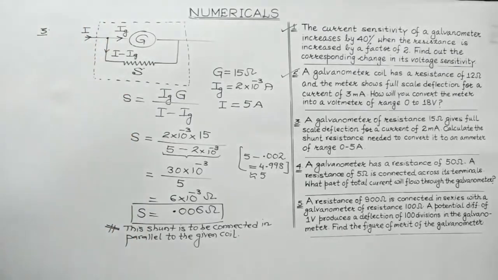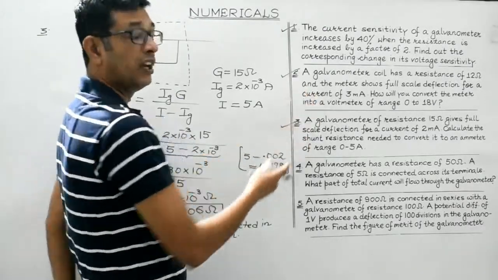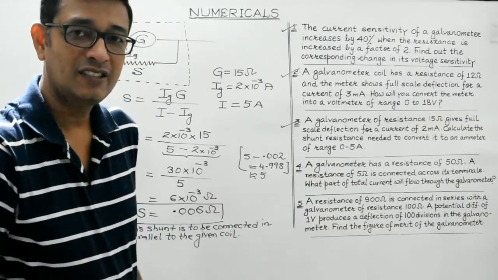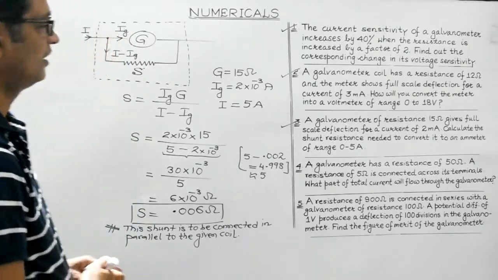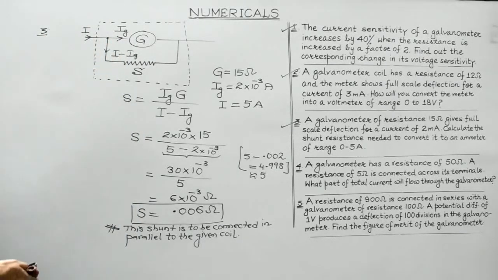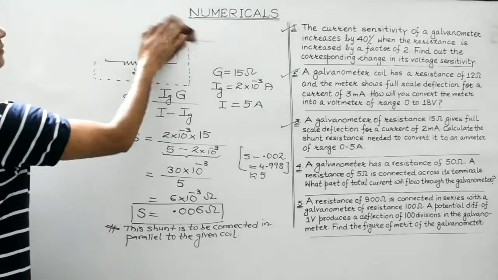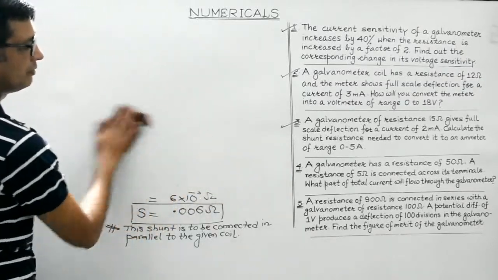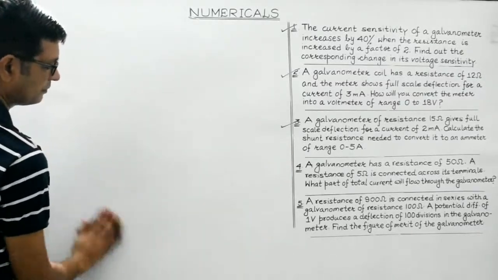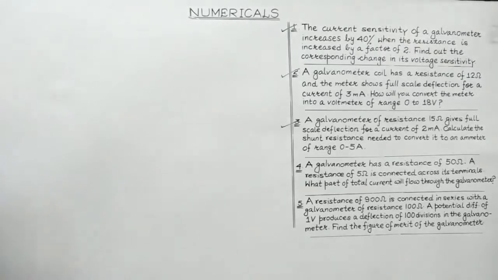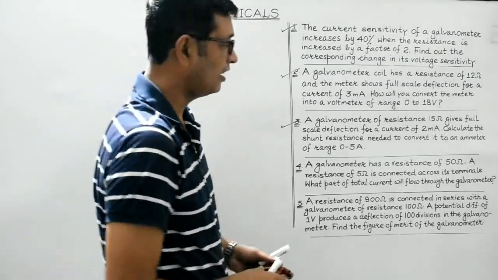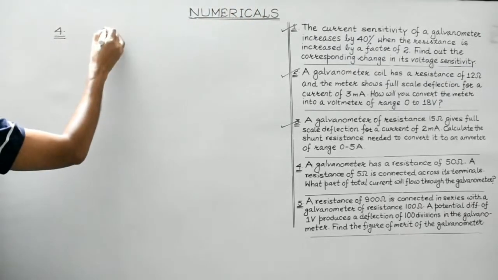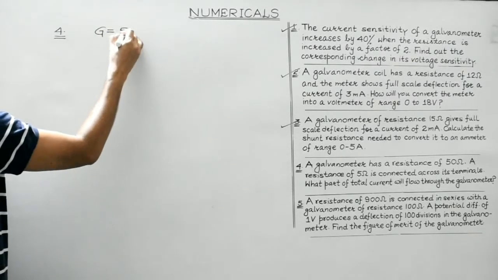So this is how we have discussed in question number 2 and 3 how a galvanometer may be converted into an ammeter and a voltmeter. Clear, students? Okay, let's concentrate on question number 4 then. It's again pretty simple one based on simple concepts. Question number 4. A galvanometer has a resistance of 50 ohm.